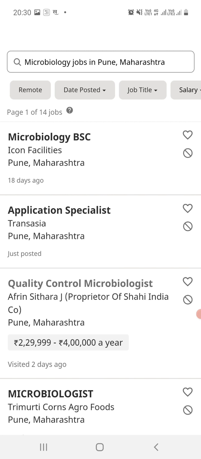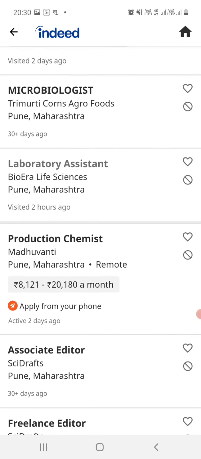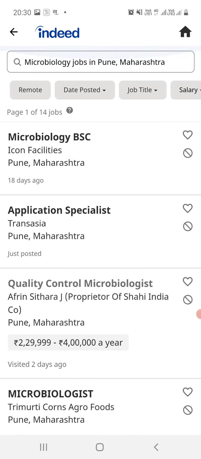After clicking on jobs in India, all these jobs are from Pune. See, there are so many jobs available here, and all these jobs are from Pune, because we typed microbiology jobs in Pune, Maharashtra. Later on, there are other options also: date posted, job title.